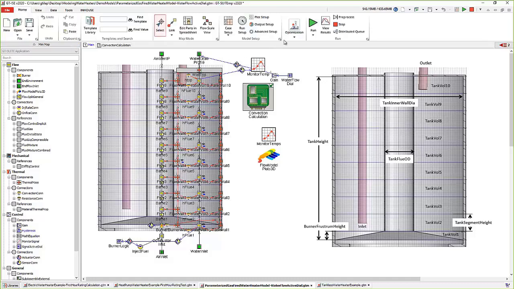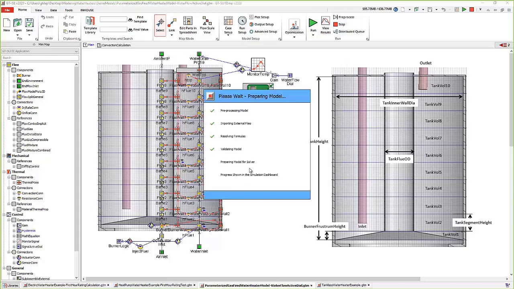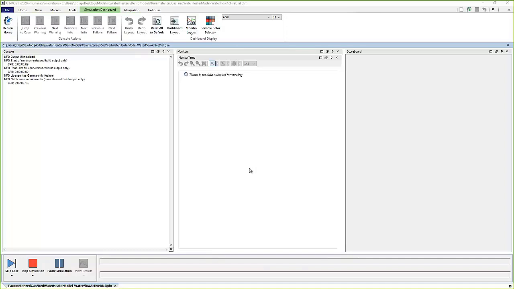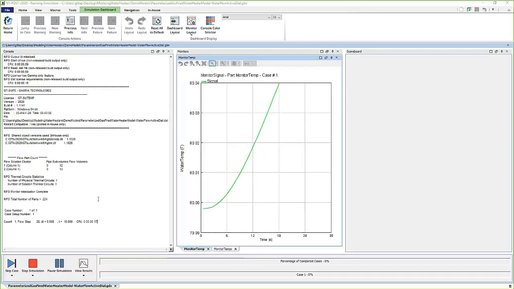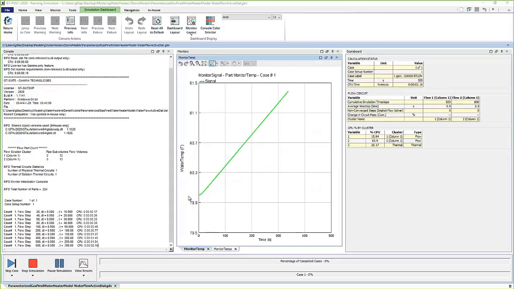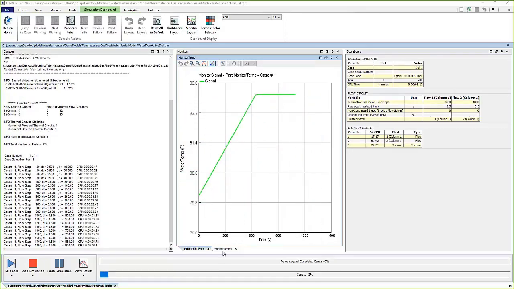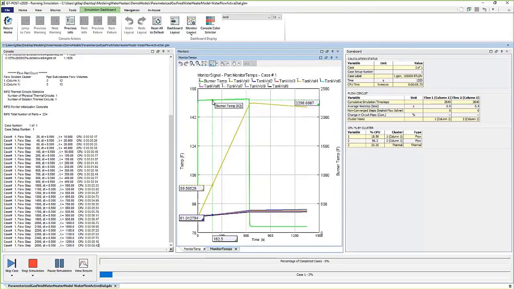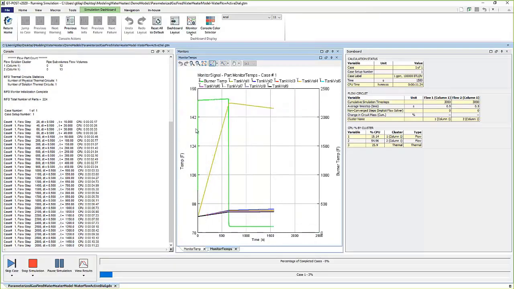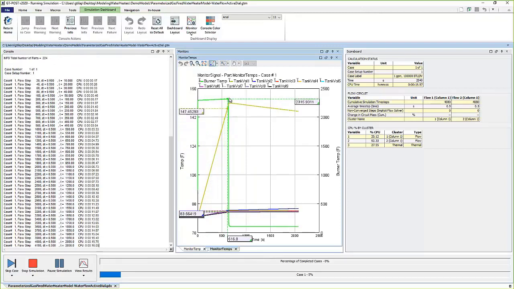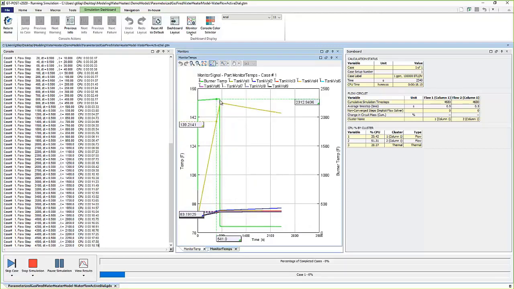If I go in and I just hit the run button here, you can see I'm going to fire this up, and it's going to launch our GT post processor, and then also with the solver being called in the background. And so you can see things as they're running in the simulation, for example, things like water temperature, burner temperature, and so on. And you can see there's some logic here where the burner's on, it's very hot here in green, and then at some point when the water heats up to a certain temperature, the burner turns off,